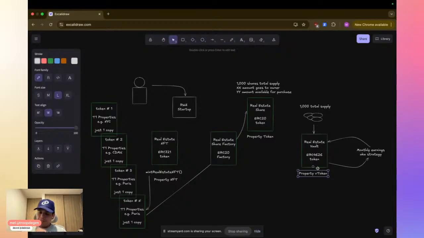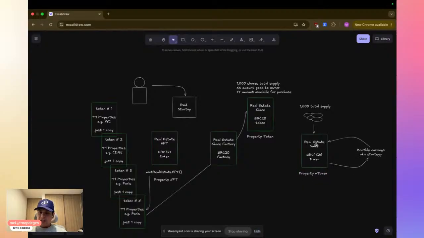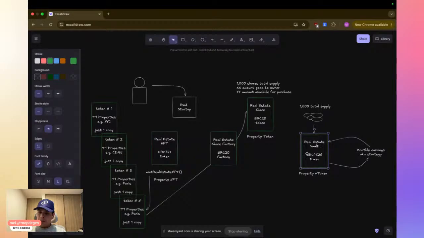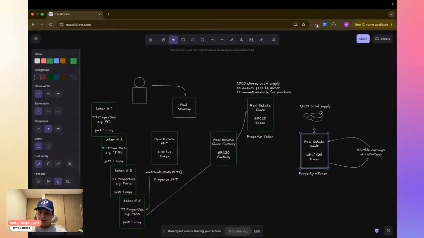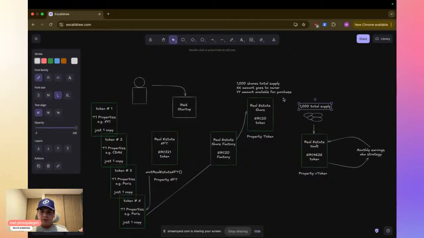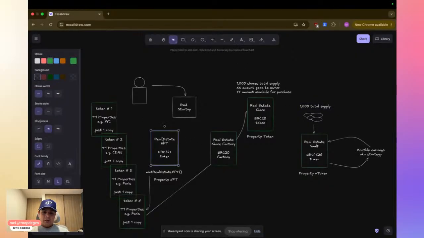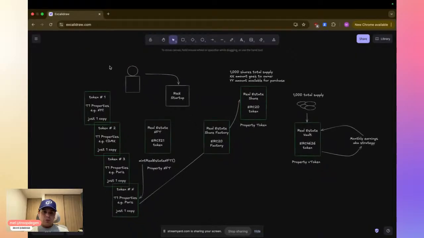So this B token is the one that will be generating yield. Whenever these monthly earnings get generated, these B tokens will be deposited here. The idea is that these B tokens, of course, have some value, and you can actually swap them before redeeming. That's something, because we cannot remove the current total supply, but that's a little bit of the strategies that we need to think about. So I'm going to pause here and go once again step by step to what we're going to build.